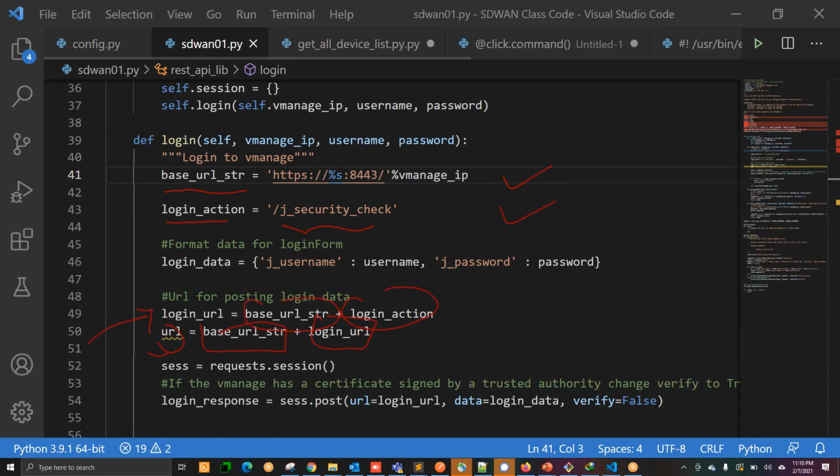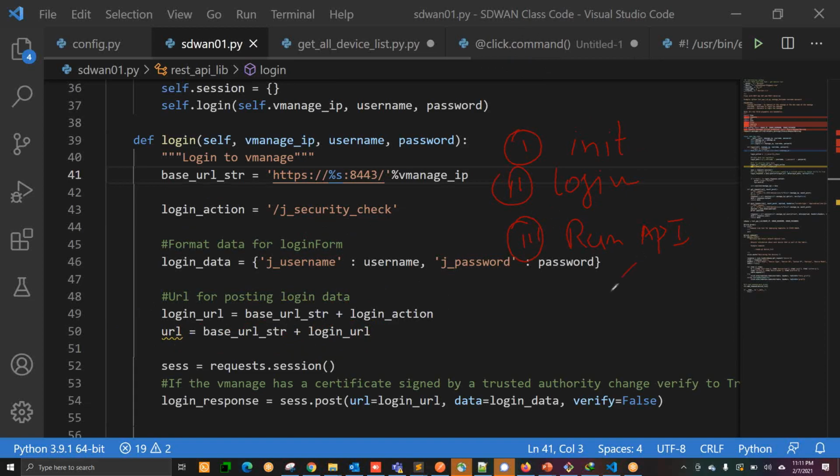You have the URL, that's your vManage IP, then you have some security check, then you have the username and password. So you have initiated the session first and then you are logged into the device. So initiate the session, then log into the device, and then you can run the API.